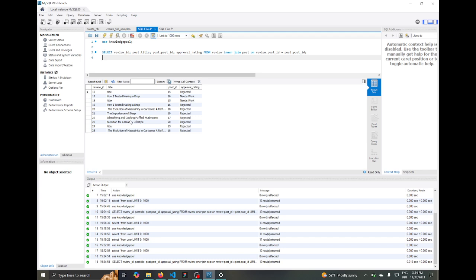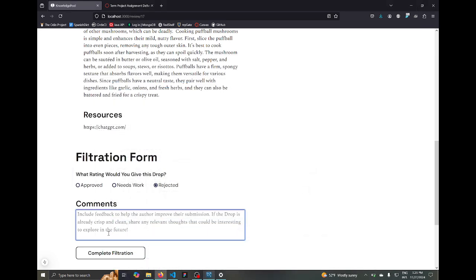so this is identifying and cooking puffball mushrooms. It's been rejected once. We're going to submit this review that you didn't use a reliable source. And we'll submit that.